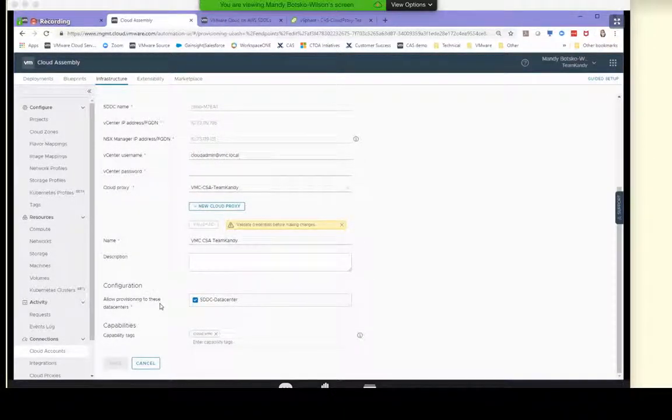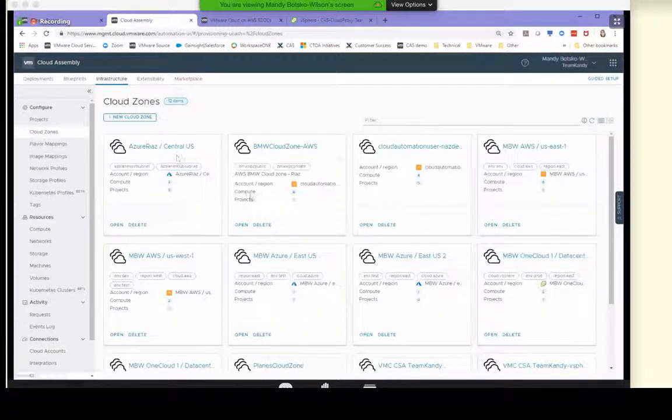We then choose which data center we will configure that to and add any capability tags. So that's that step we talked about in terms of authenticating our cloud account. Now, the cloud zone does have a little bit of a tricky bit,